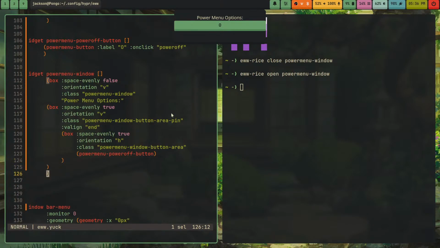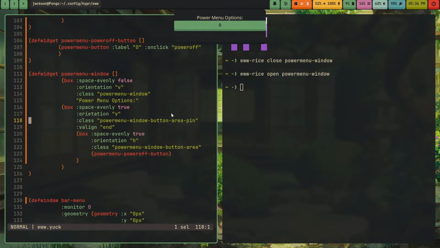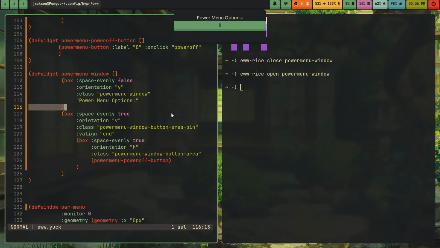Right, so now I can just get rid of that line and paste it up here. So now, okay, now,